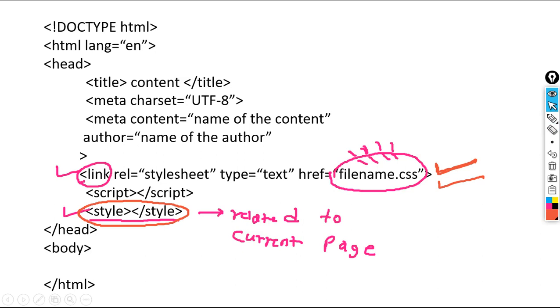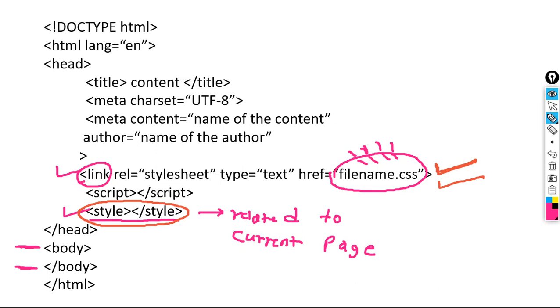Now we have the body tag. Observe carefully here. This is the actual content of the web page, within the opening and closing body tag. Within the opening and closing body tag, we can write our HTML content that we want to display to the end user.